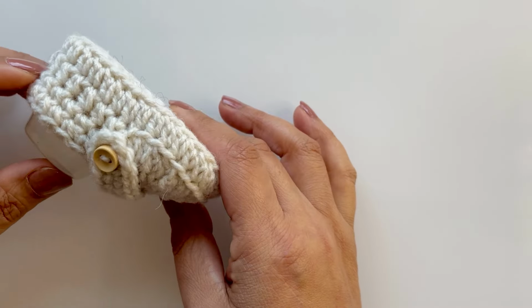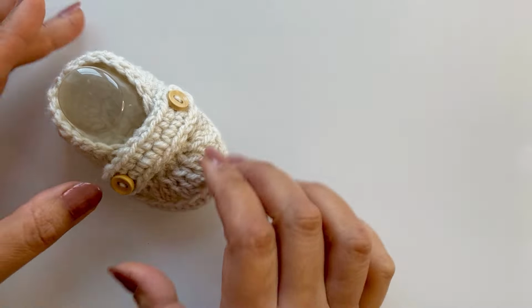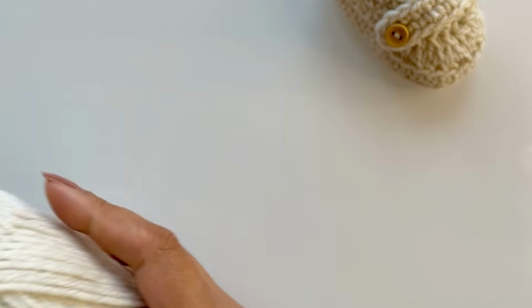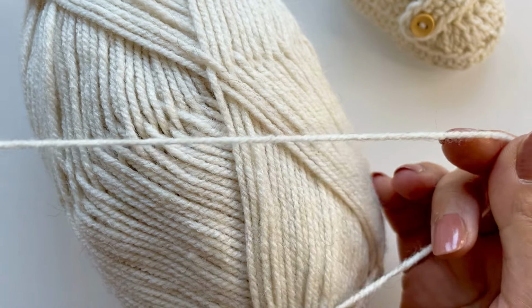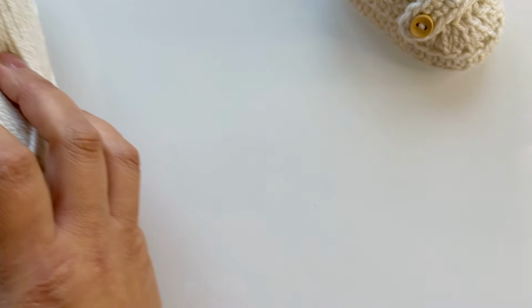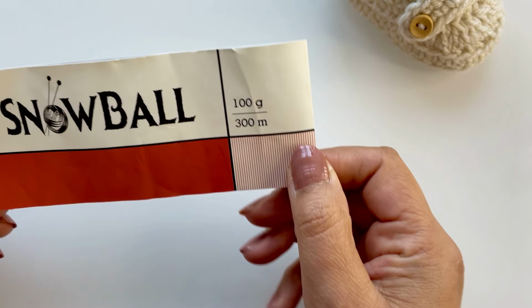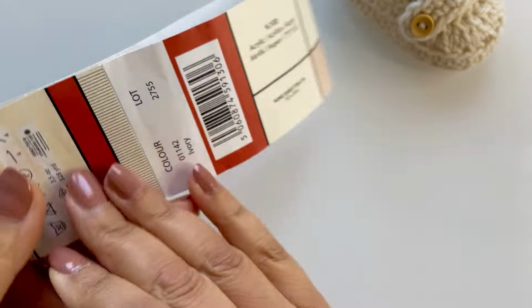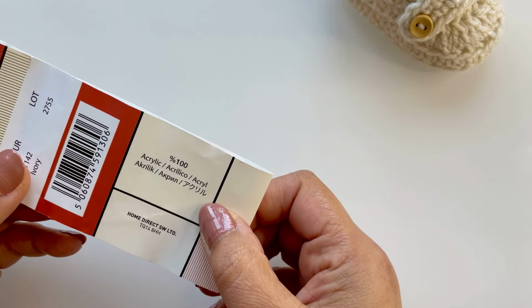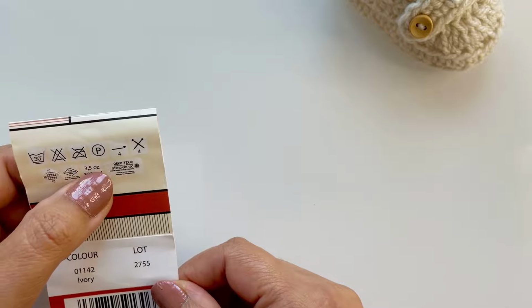It took me a couple of attempts to get to where I wanted to, so I've got to show you how to make these. So what you will need for this is a lightweight DK yarn. I'm using a yarn called Ivory, and it's a DK lightweight number 3. This is by Snowball. It's got a really nice soft feel to it as well, 100% acrylic,